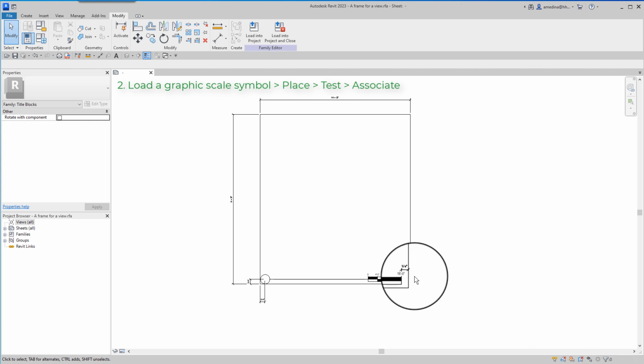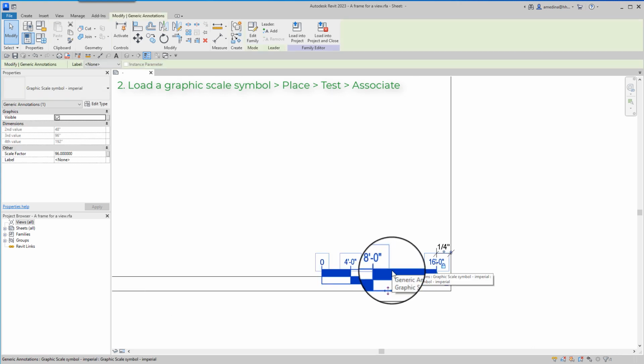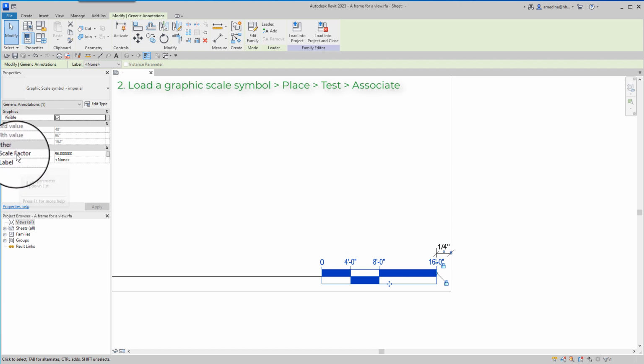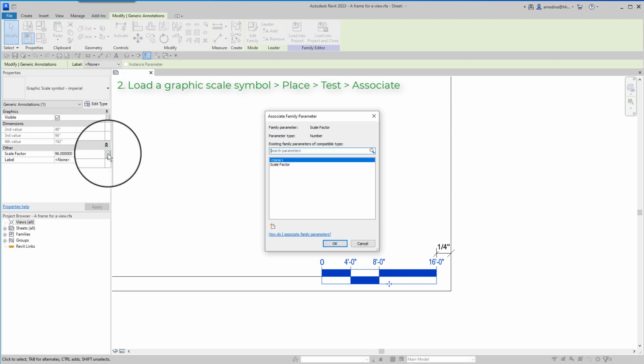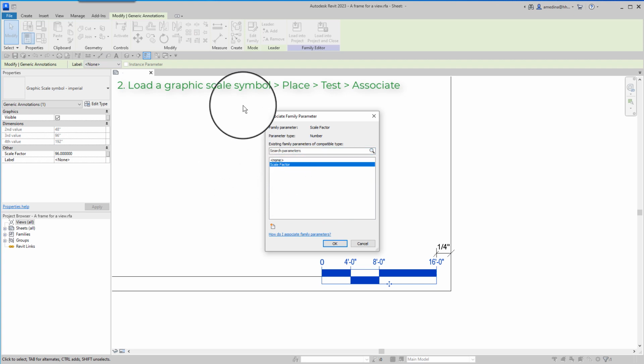Now, to create the association, we click the graphic scale symbol, we go to the scale factor of that family and associate that parameter with the new scale factor parameter in the frame family. Let's click OK.